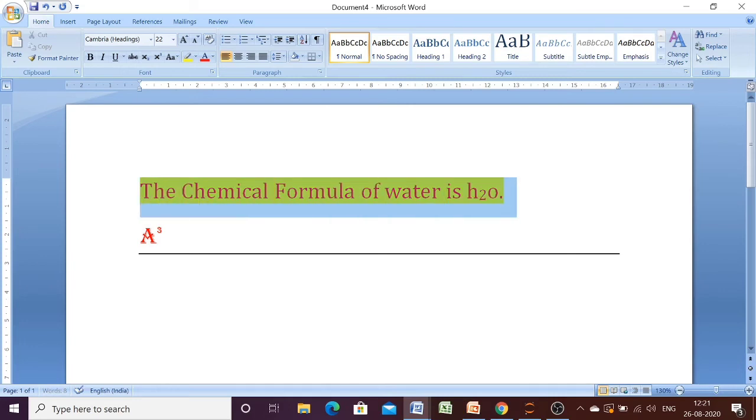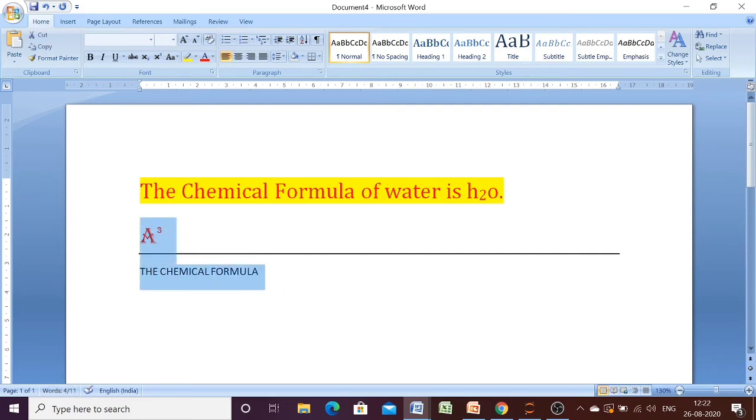Now we will apply our sentence case. Let me write anything once again. The chemical formula. See here we are getting the sentence case: T remains capital, other things become small.